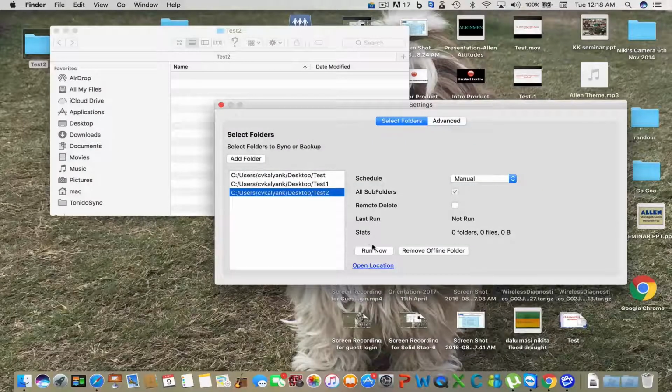Now let me go to test 2 and say run and see if that image shows up here. I want to check whether there is any bug here. See, it comes up. And so this has come here, the background MP3, and somehow it's showing an extension called part. I'm not too sure. Maybe I think the syncing is not complete. Run now again. But anyway, it shows up here. The idea is that whatever changes I made there are coming here. So remote to local is working, sync is working, but local to remote has a bug.